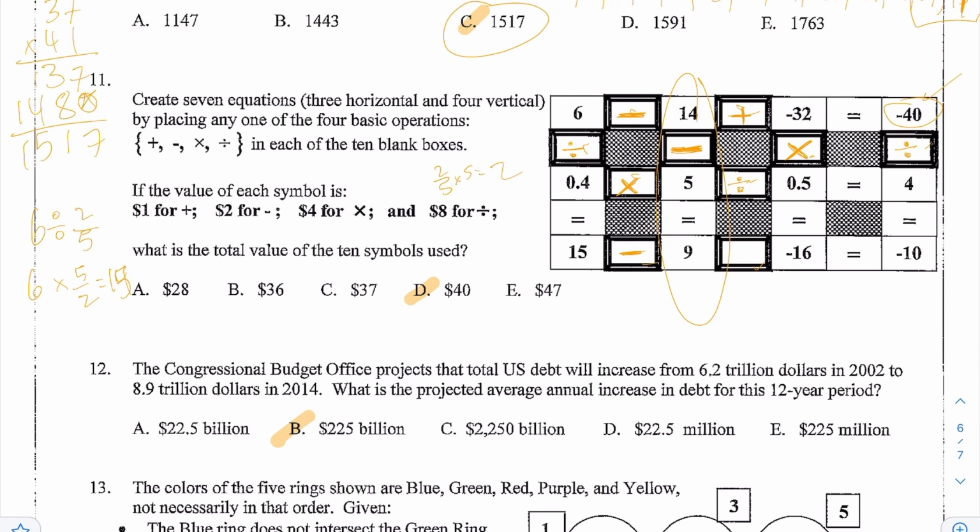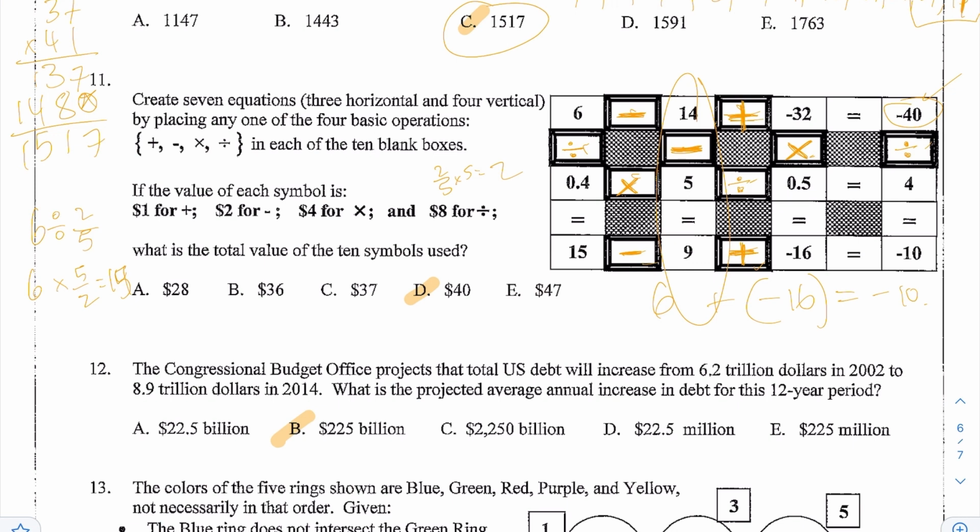You'll get +6. And then 6 minus 16. So 6 plus -16 will be equal to -10. All right, so then the total value for the 10 symbols, well, in terms of addition, you have